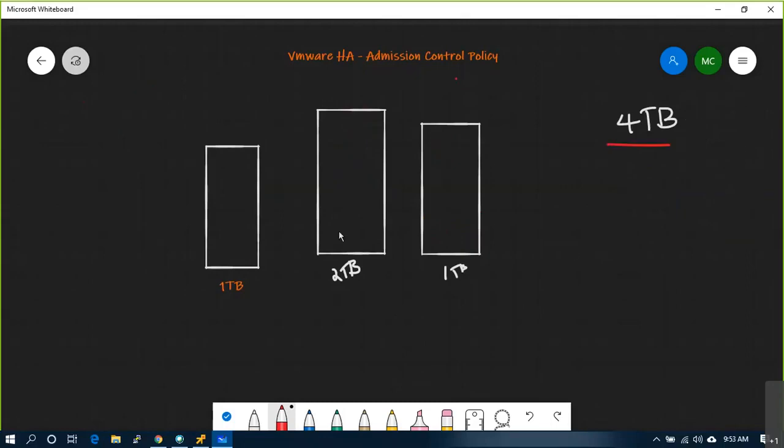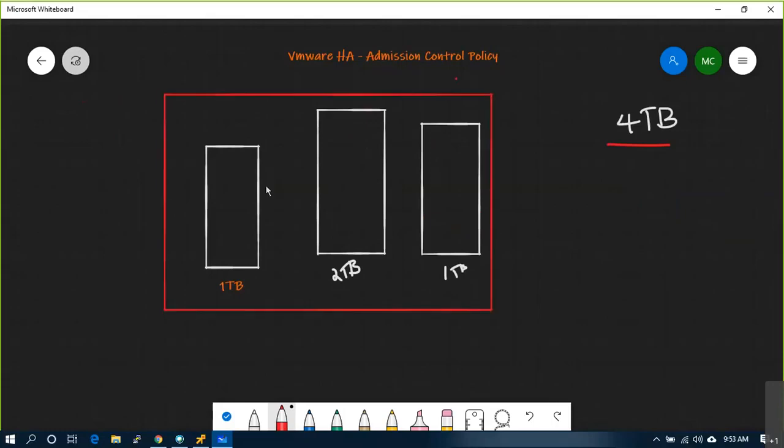What is the total capacity? 4 TB. Okay, fine. 4 TB is my cluster capacity. Now, how many VMs are running? 50 VMs are running. Fine. Okay, let's do one thing. I will inform the customer, okay, 3 TB is production, 1 TB is in reservation.